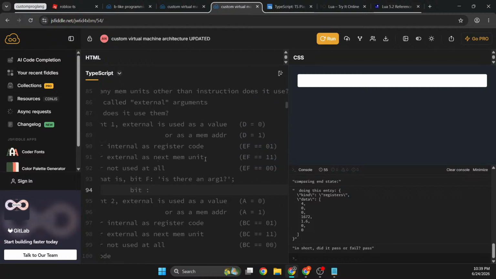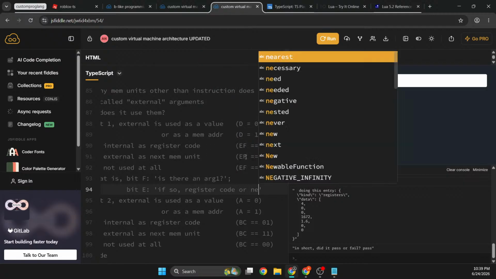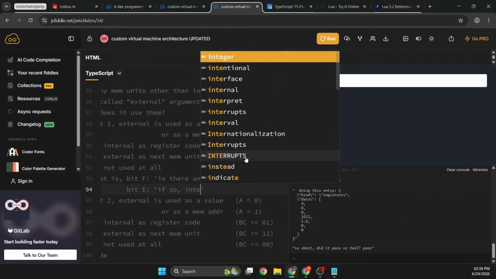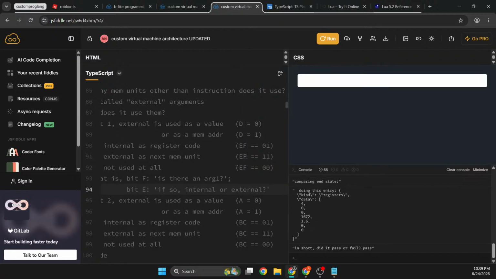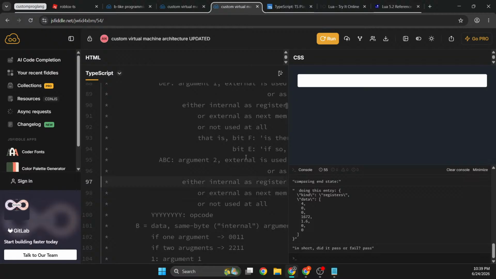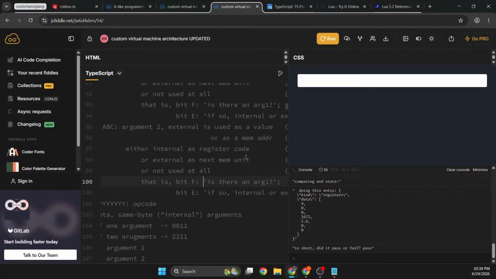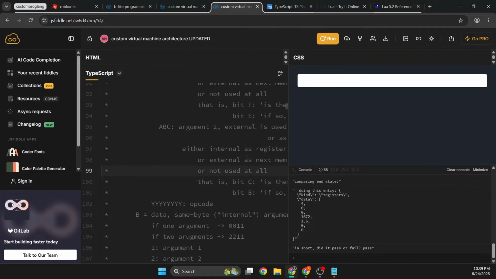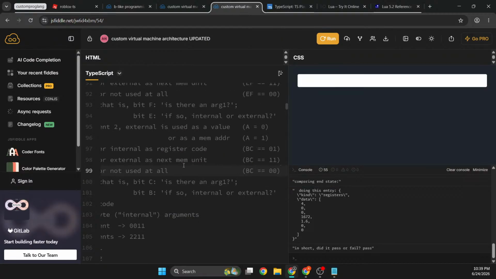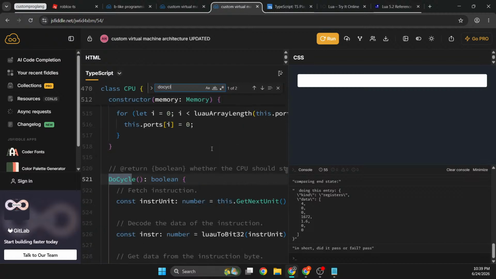Bit E. Is it a register code or next unit? Internal or external? Yep, so this is what. Here, so this is gonna be bit C, bit B, something like this. Okay, so now, if we head on over to do cycle,